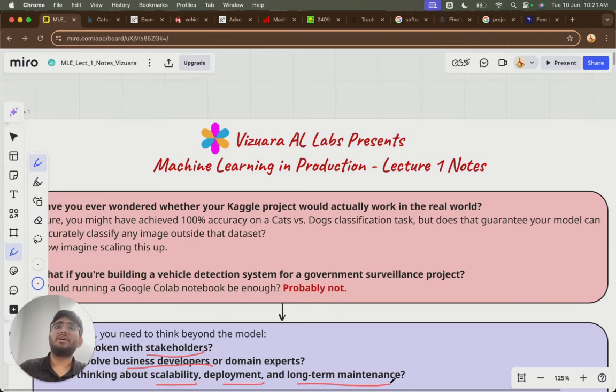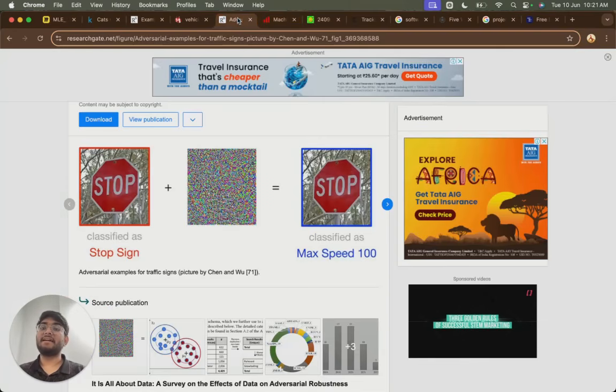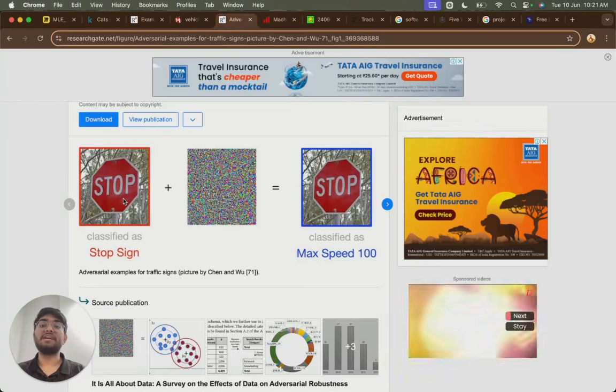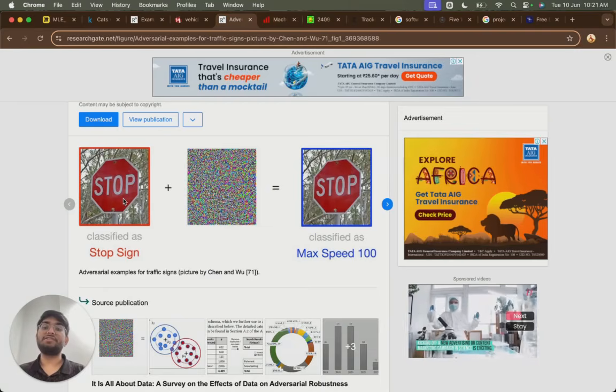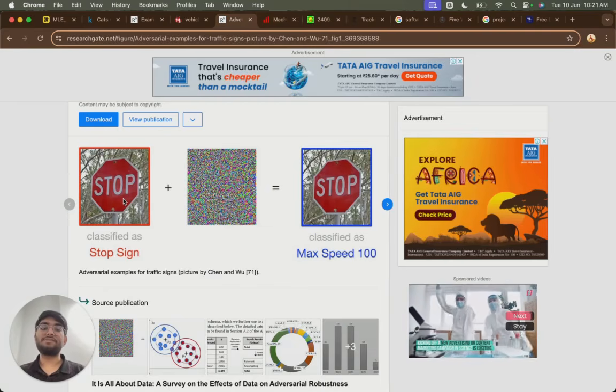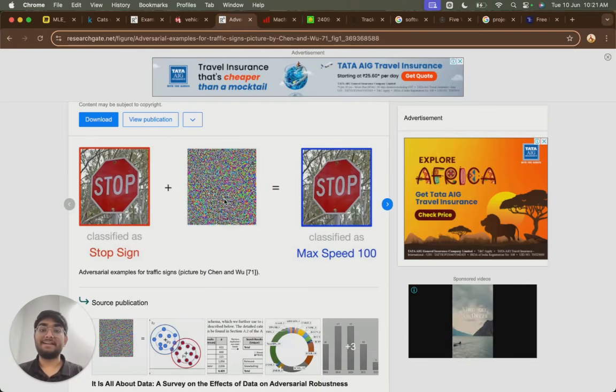Imagine you have an autonomous driving car that you have designed and it is in a testing phase, but you didn't think of its scalability or long term aspects, and there is noise added in some images, and your algorithm is not trained enough to detect noise. At that time it can create a disastrous outcome. This is a stop sign where your autonomous driving car must stop. Imagine you are sitting in the car and the stop sign comes, you think, oh, the car will stop, but the noise was added, and then it classifies it as a speed limit of 100 and goes at its max speed.